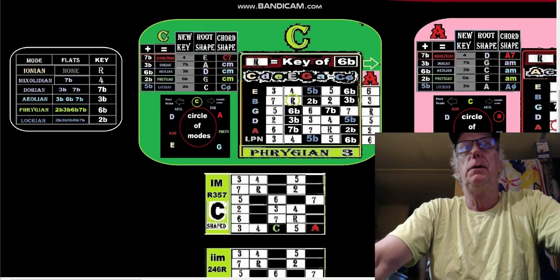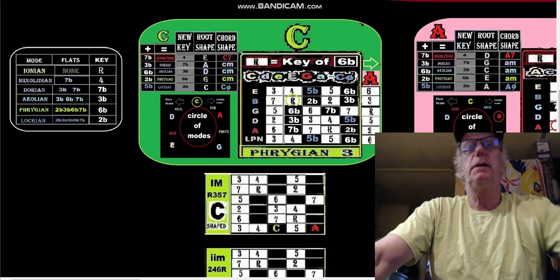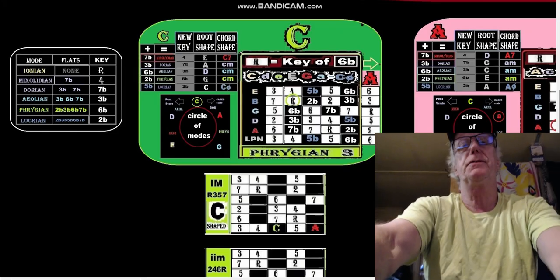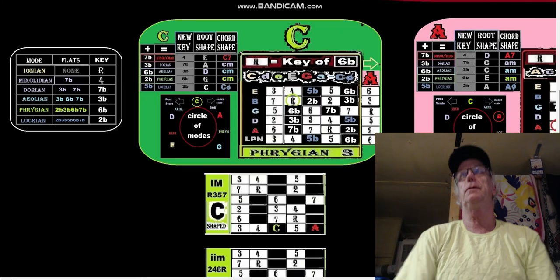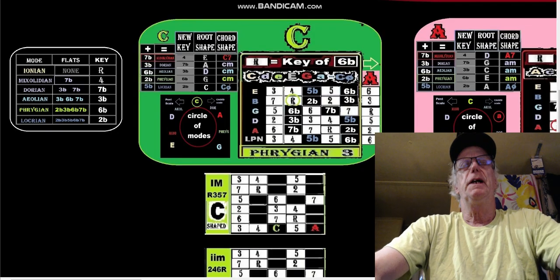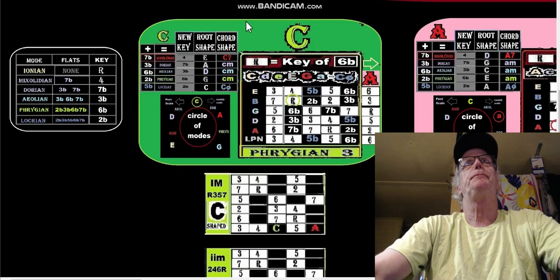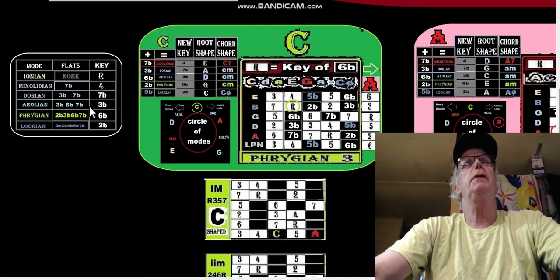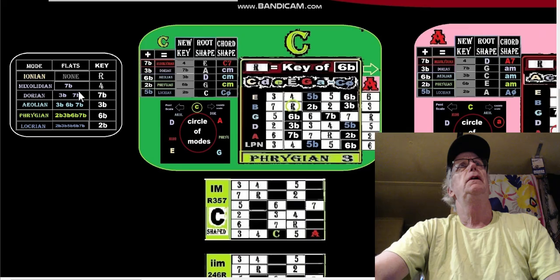Okay, it's Saturday morning, and we're going to try and finish this chart. It's been all week, this chart. I think I got it down for sure this time. The prerequisites are that in this particular mode